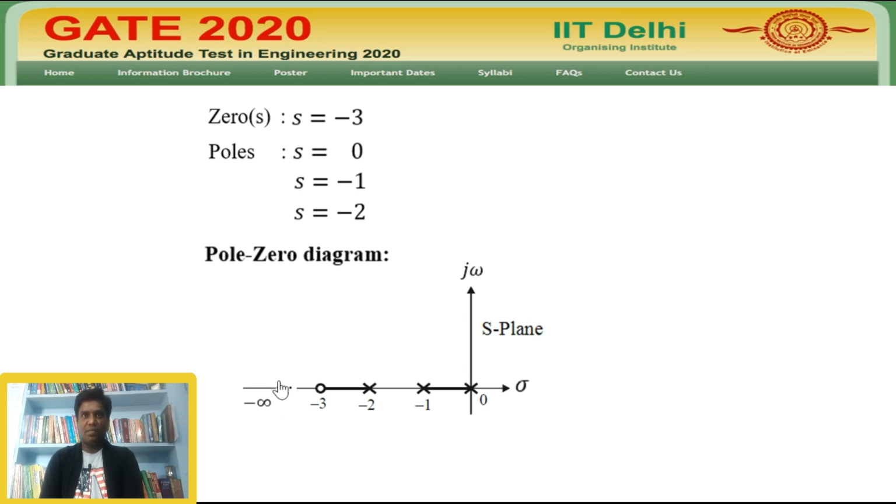According to the root locus concept, in the S-plane, the zero value s equal to minus 3 is denoted as a bubble mark over the minus 3 position. And the pole values, s equal to 0, s equal to minus 1 and s equal to minus 2, are denoted as cross marks over the 0, minus 1 and minus 2 positions of the S-plane respectively. According to the concept of root locus theory, we can identify the root locus and non-root locus segments over the S-plane by counting the poles and zeros from right to left: an odd-numbered counting segment is a root locus segment and an even-numbered counting segment is a non-root locus segment.